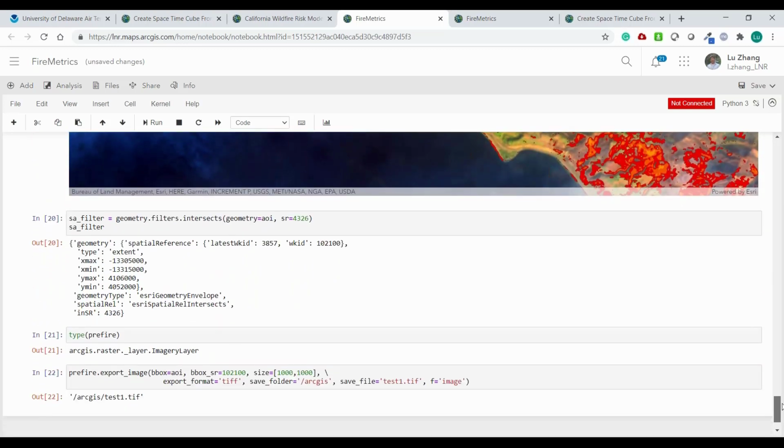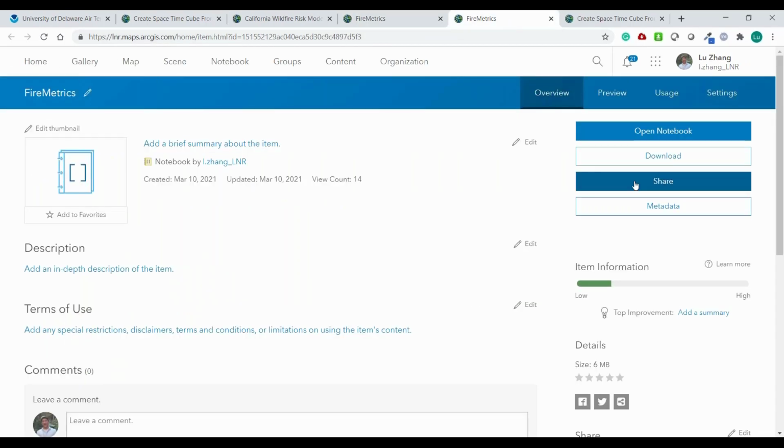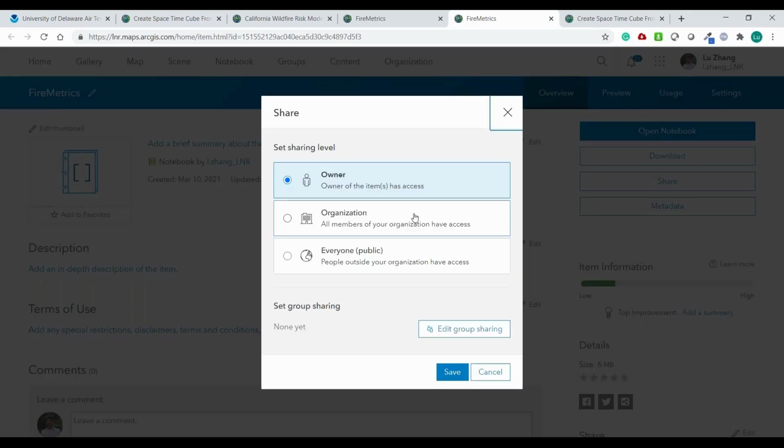And if you have your own custom algorithms, you can export your data into different file formats, such as TIFF, so you can perform your own custom analysis on the data sets themselves. And of course, since I'm working in an ArcGIS Online environment, I can save this notebook as my own item. So I can share out my workflow with my organization, as well as the GIS community. So with that being said, let's take a poll,